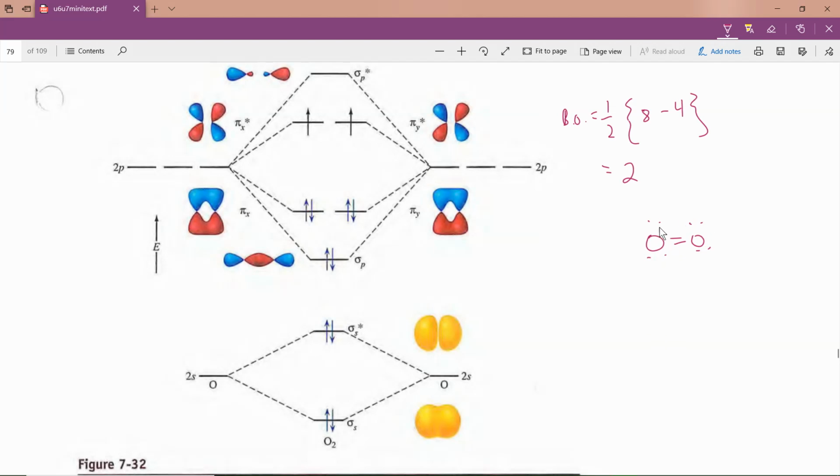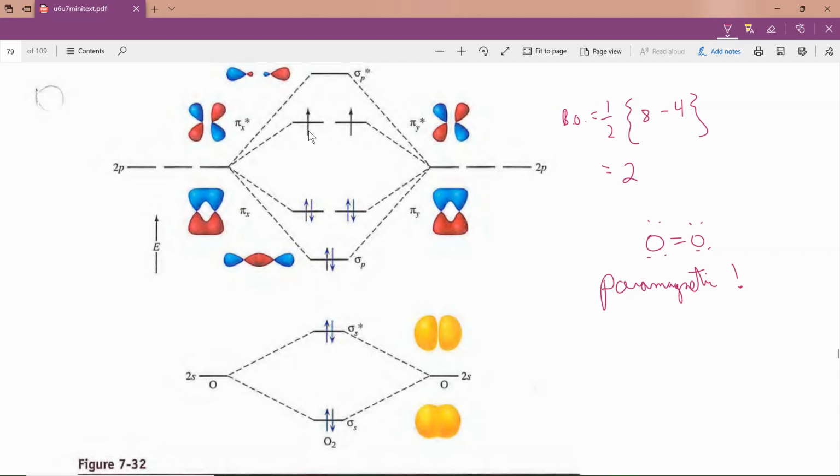What's interesting here is that just looking at the Lewis structure, you think everything would be paired up and the oxygen molecule would be diamagnetic. Right? We used that before in a previous chapter, but it's not. Oxygen, in fact, is paramagnetic. It's not diamagnetic, it's paramagnetic, because when we look at the molecular orbital drawing,